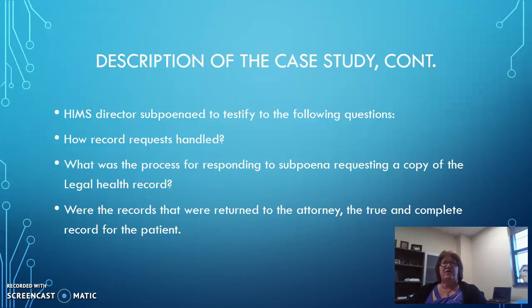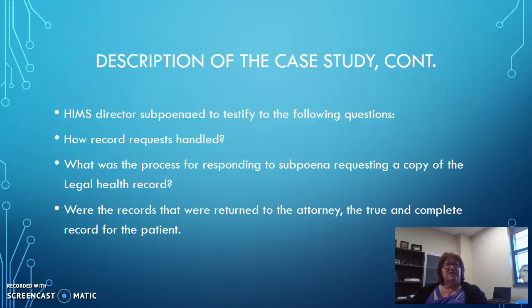If it was an electronic health record, there are processes to develop what is called the legal health record. The hospital has to develop a process, and they have to specify exactly what is in the legal record. This is determined by state and national regulatory statutes, and it varies from state to state, so they would have to have that developed before they could provide that legal health record for the subpoena.